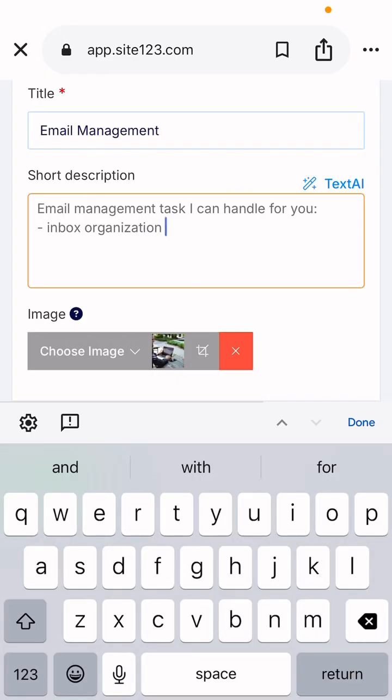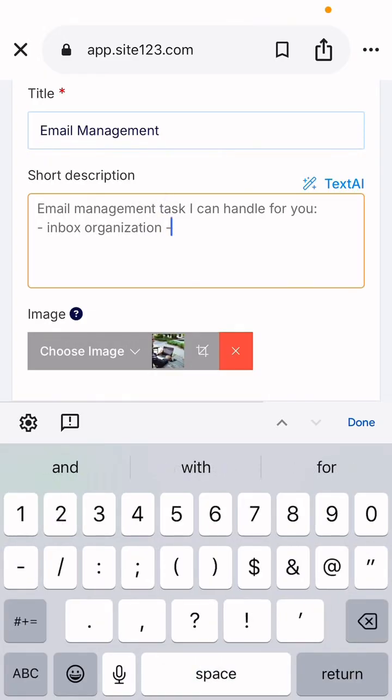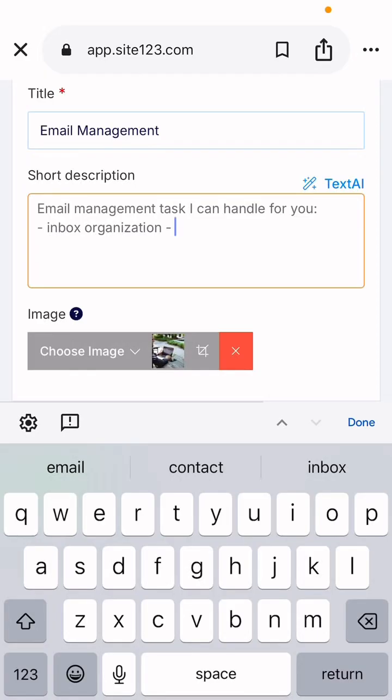So what do you do with this inbox organization? You're going to say prioritize